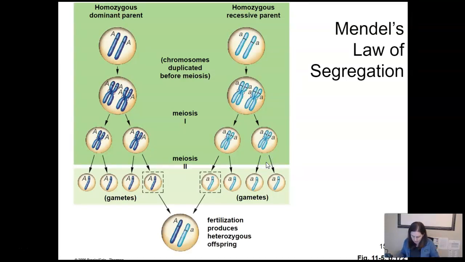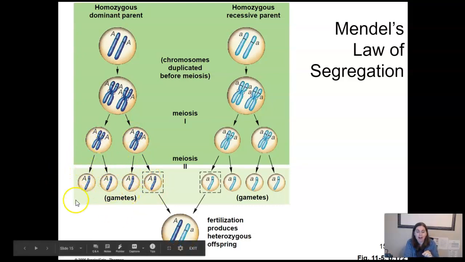All right, so we have Mendel's law of segregation. So we have two parents on here. We have the dark blue and the light blue chromosomes. The chromosomes have doubled up before we get to meiosis, and that is important because your single chromosome here will wind up with doubling. So instead of just 2, you have your 4, because remember, we haven't gotten there yet. Just kidding. There's 4 chromosomes. So you have 2 chromosomes. They double up and they make 4. Each of those goes into its own cell as a pair. And then in meiosis 2, each of those gets split up so that our gametes have half the number of